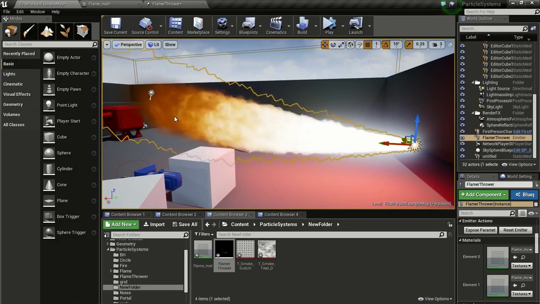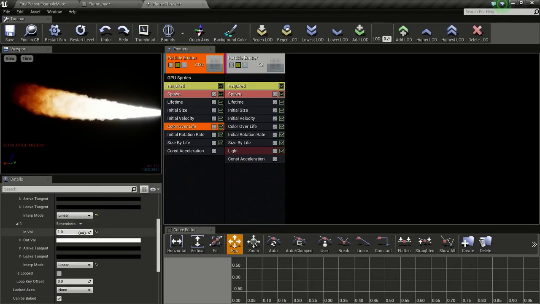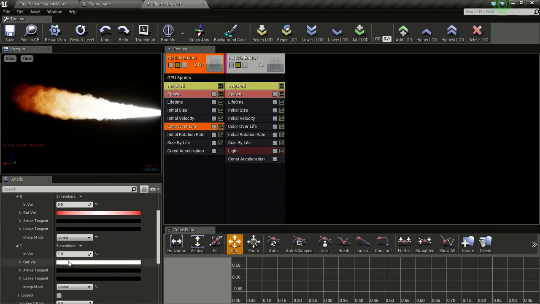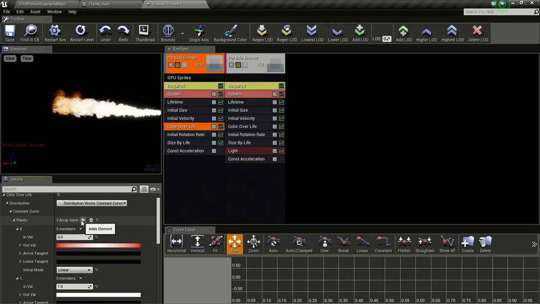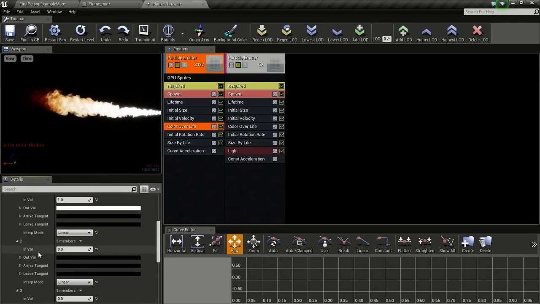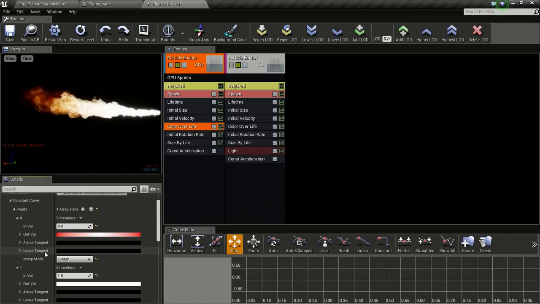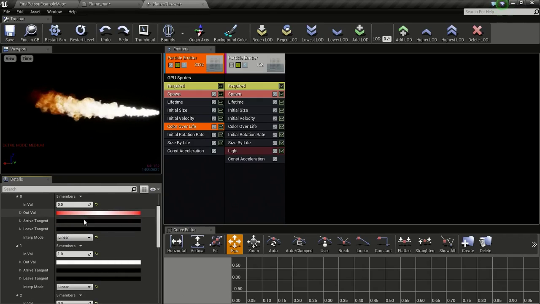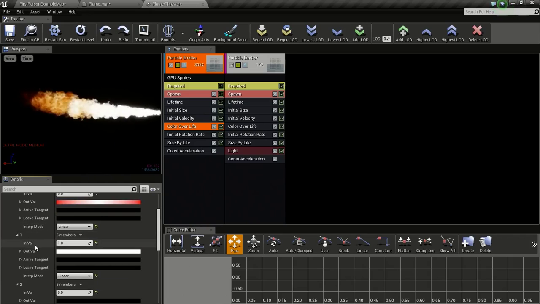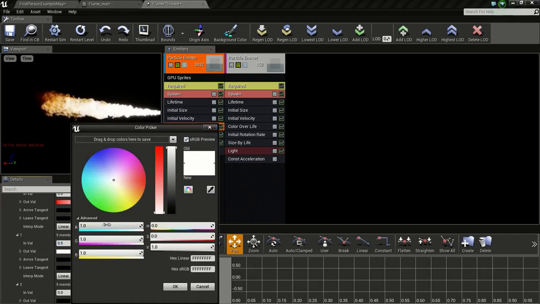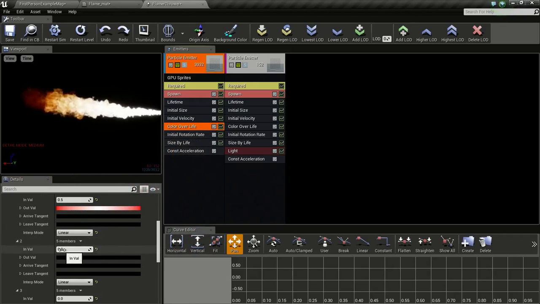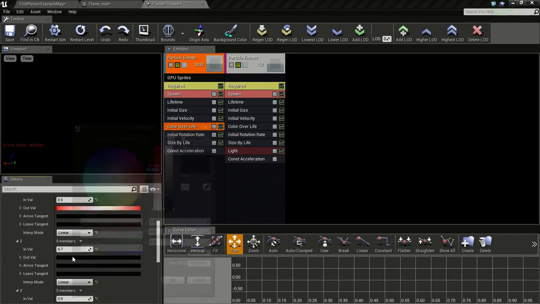Now if you need a very thick black smoke coming out, we have to play with the color overlay a bit. So go here and we will add 4 points. So I will click this twice, so we get 4 points. I will change the value here to 0.5 and give it a value of 4000. I will go to here and change this to 0.7 and give it a value of